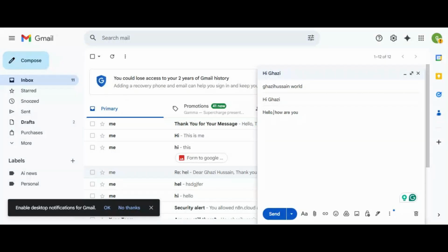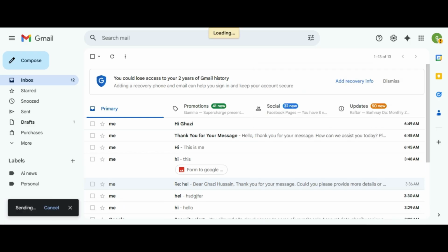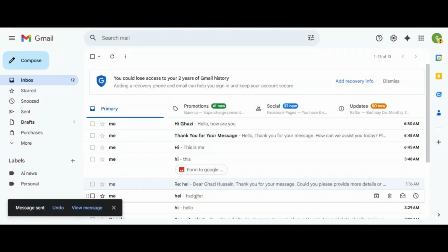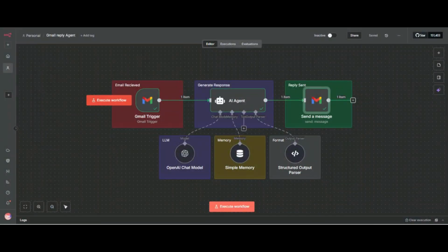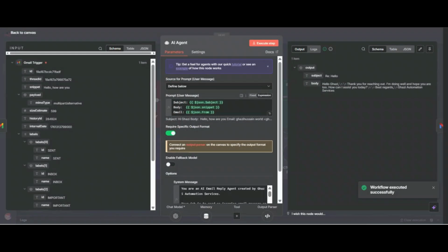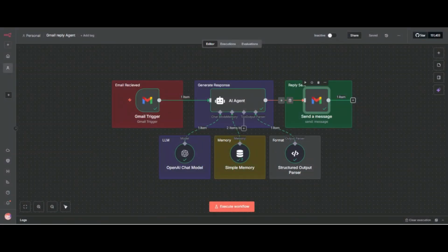First I send an email to myself, "how are you". Now I have sent it, and then I click on execute workflow. Now it will generate the response. You can see it generate the response and send it to the user.